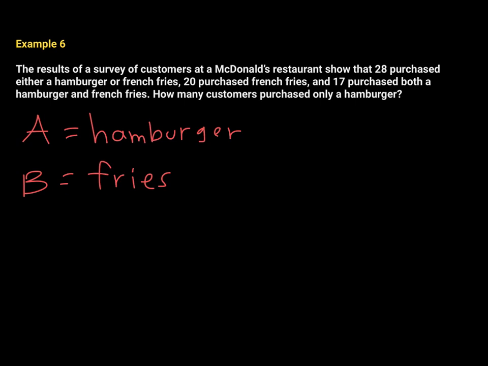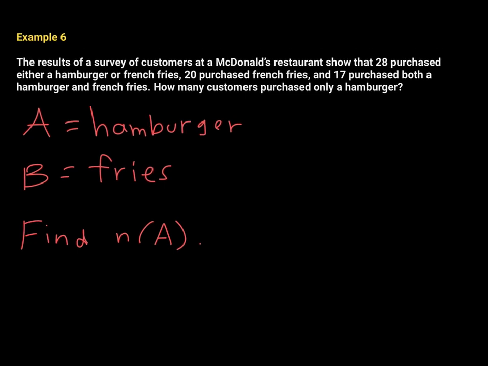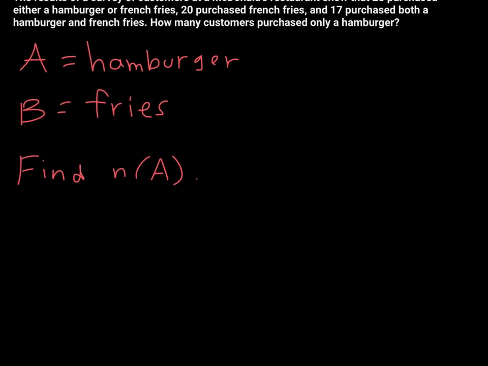What we need to do is to determine the number of customers that ordered hamburgers. So they're asking us to find this, right? The number of elements in set A, those that purchased only a hamburger, okay? All right, so let's start with our formula. Let me see if I can move this down a little bit. There. Our formula is the number of elements in this set is equal to